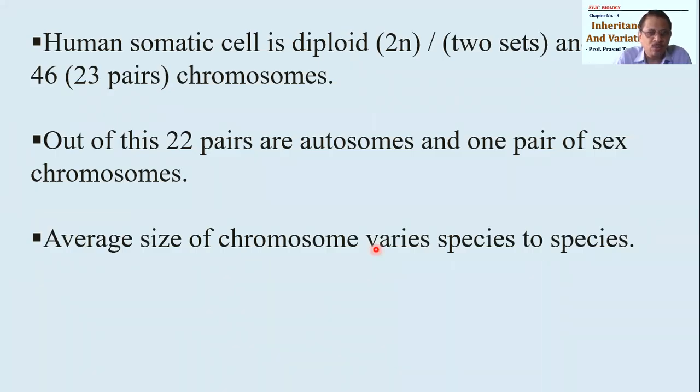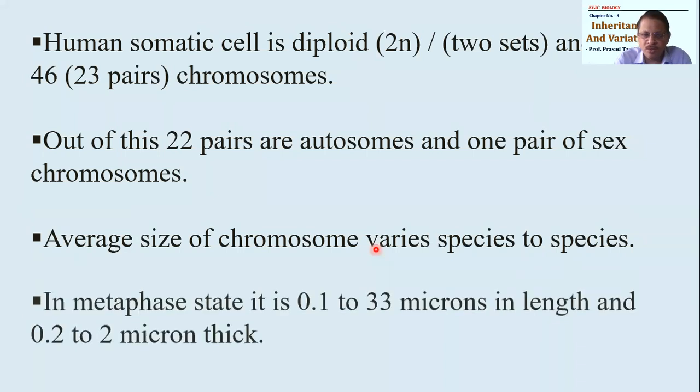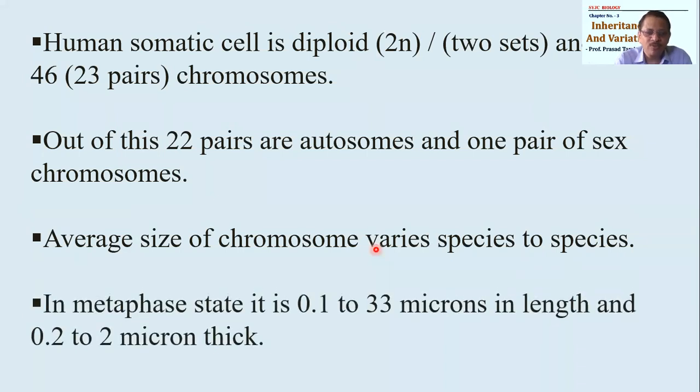Average size of chromosome: when we are studying the morphology of chromosomes, we should remember the size of the chromosome. It will vary from species to species. It is not constant. The size of chromosomes is different. But in the metaphase state, the chromosomes will appear around 0.1 to 33 microns in length and 0.2 to 2 microns in